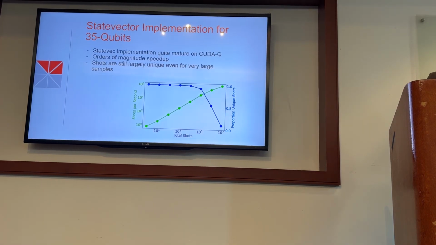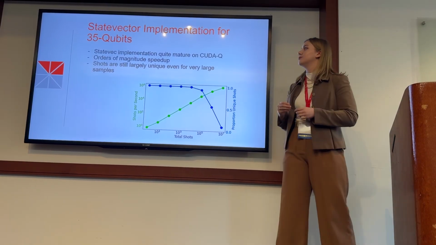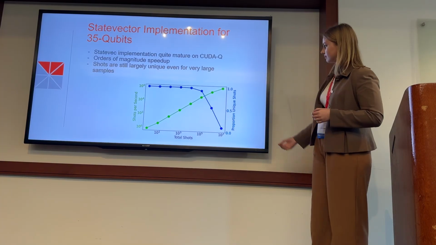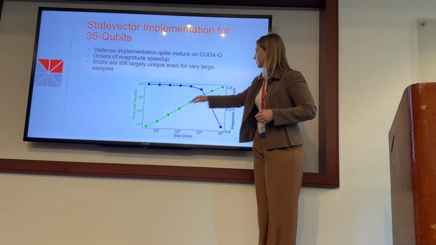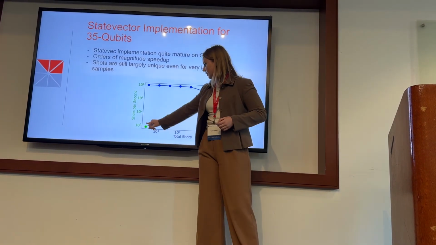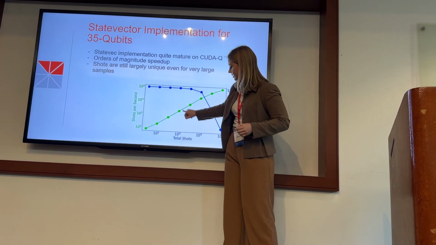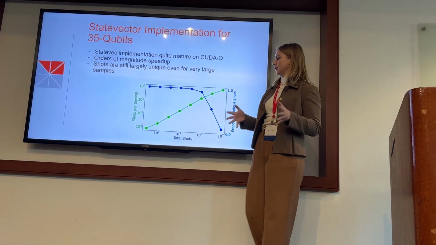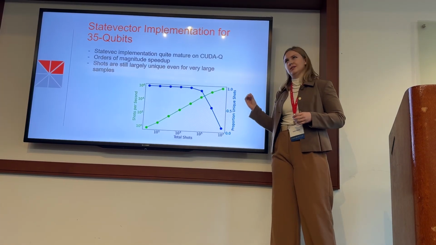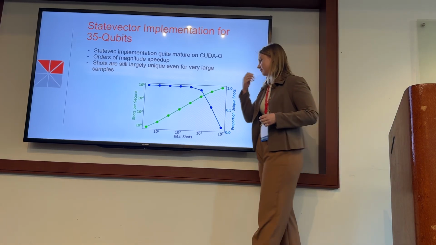Okay, so here is how PTSBE performs on a 35 qubit system using something called CUDA-Q. This is how our sampling algorithm is scaling. So we're first going to pay our attention to this green line here. Notice how it is kind of climbing up. When we start down here, we are starting with 10 shots per second. But as we increase to around 10 million shots, we're starting to take 1 million shots per second, which is, I think, an increase of 5 orders of magnitude.